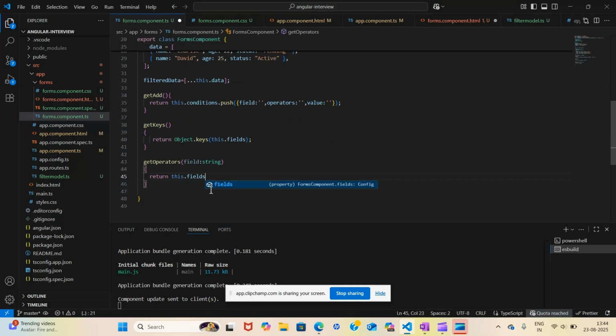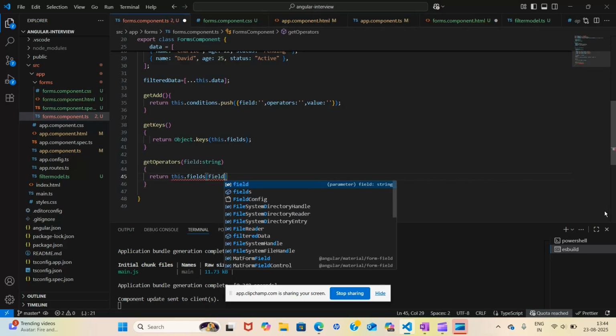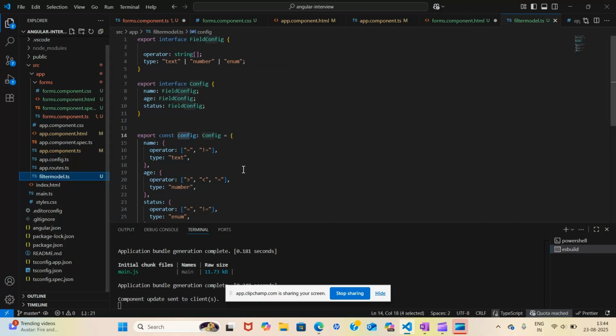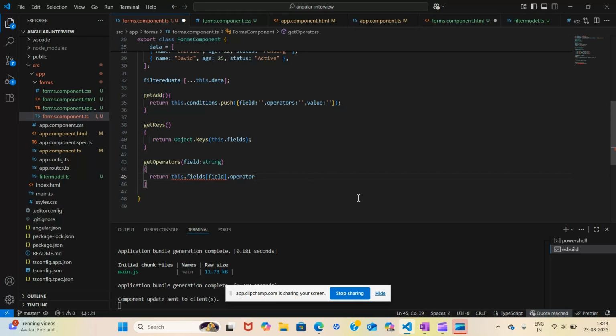Inside this config, this field will be there, your key. So when you do this field dot operators, you got the key, then you will do dot, and here you have this operator, so then this operator should come. Or if it is not selected, then it will be empty.